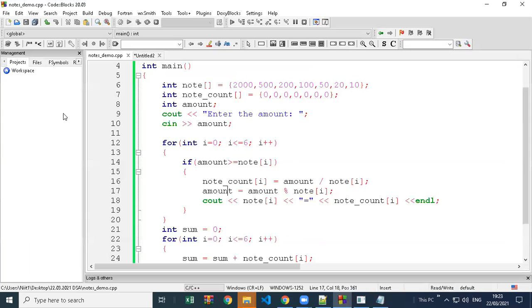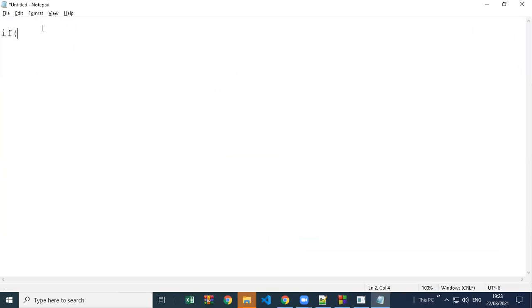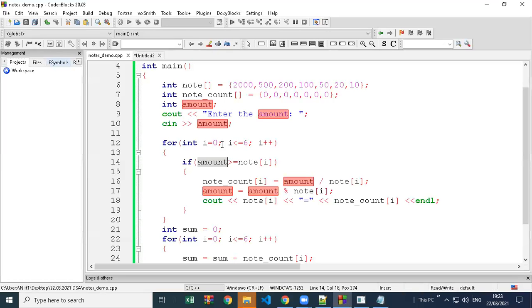So first of all, the amount, let's say the amount entered is 4,300. So write down: 4,300 is greater than or equal to note of I, where the value is 0. So what is note of 0? 2,000.